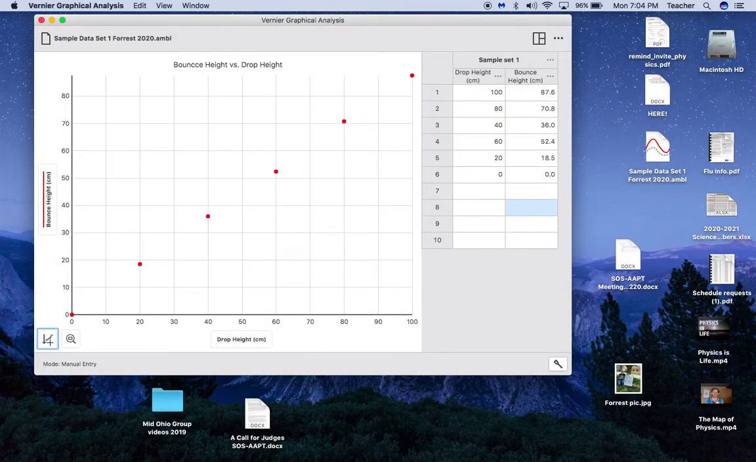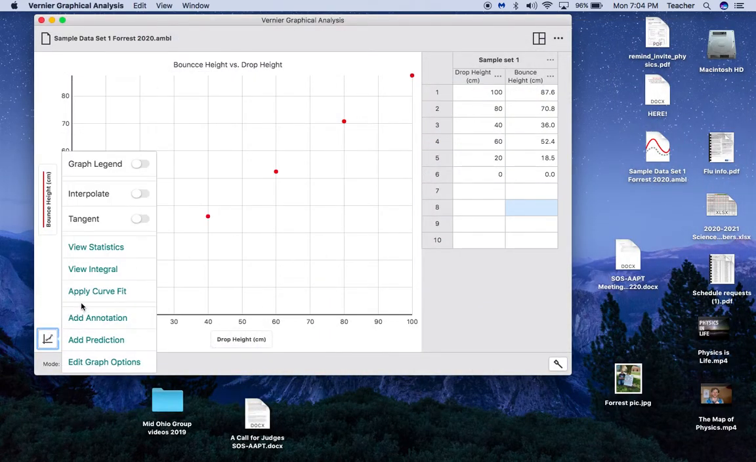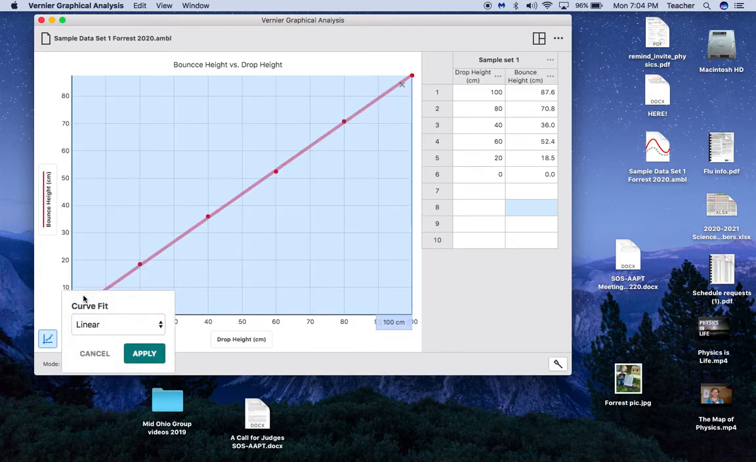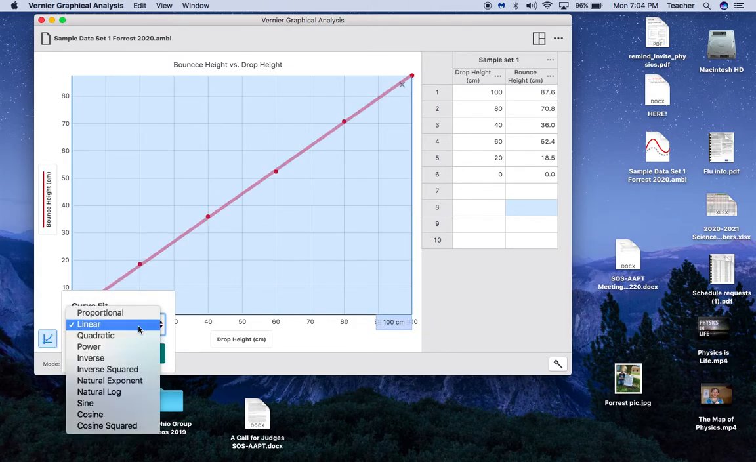So now when I go down here, if I want to do a curve fit, linear is the one that pops up first, but there's a whole bunch of these different things. Proportional means it might not start from 0. Quadratic, again, is like a parabola concave up. Power is a parabola concave down. Inverse, inverse squared. Some of these ones we won't use too much. Definitely looks like linear. So I'm going to click that,